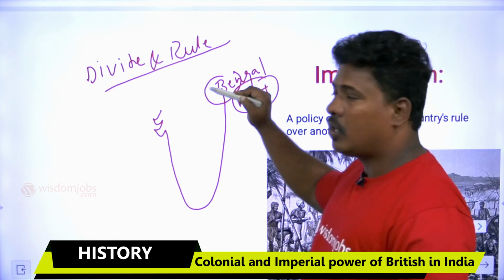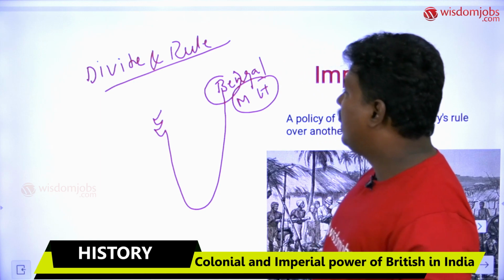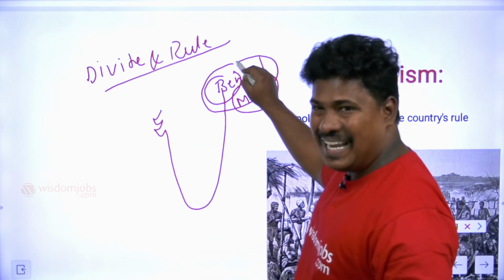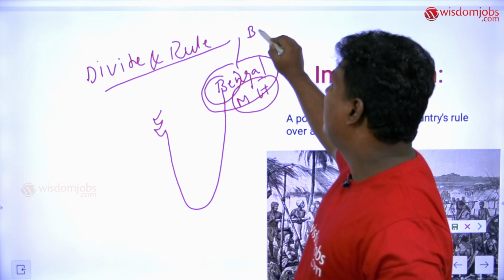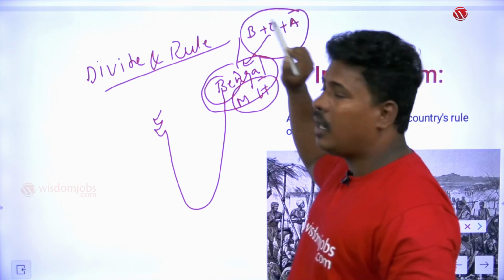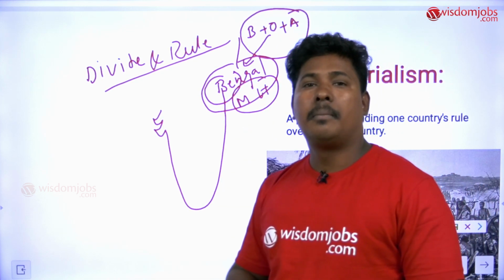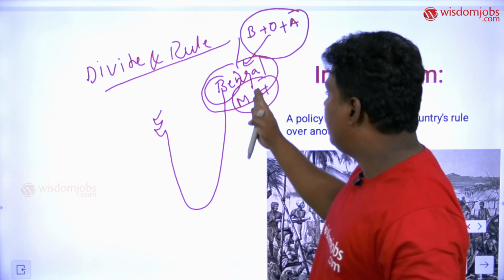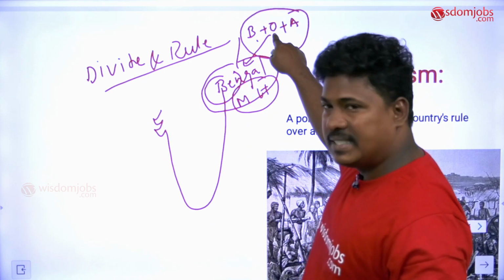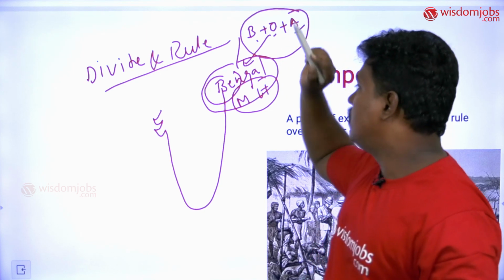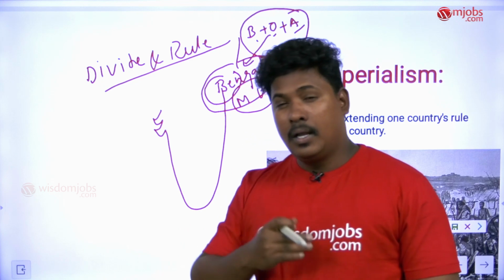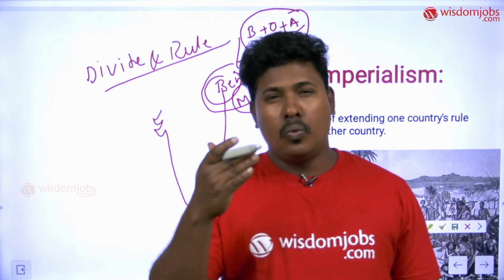Majority Hindus were residing in Bengal during the time of British Raj, and this Bengal is a major province in India, with Bihar, Odisha and Assam under Bengal province. So that was the major province, and here